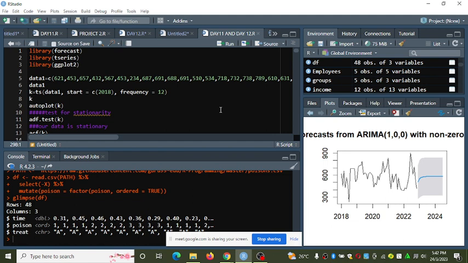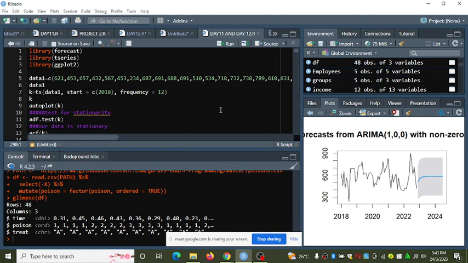For example, here you will notice that we have 3 packages. We have a package called forecast, a package called tseries, and a package called ggplot2. I'm sure we have already covered some bit of ggplot2, but we haven't covered the forecast or the tseries package.